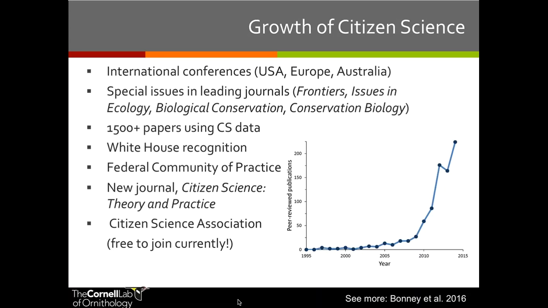One of the things that we've seen even in the last 5 years is the growth of citizen science as a field. There are international conferences that happen annually now. So many special issues in leading journals, so the entire issues of these really top-notch journals being devoted to citizen science. There's an estimate of 1,500 plus papers using citizen science data. That graphic on the bottom of the screen really shows the sort of exponential growth in peer-reviewed publications using citizen science data. The White House has